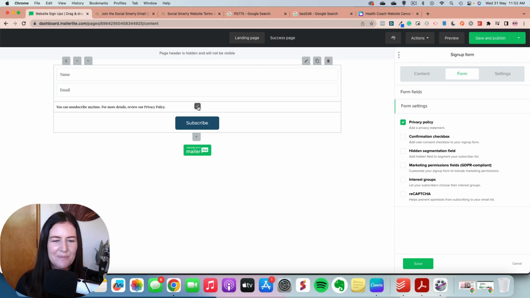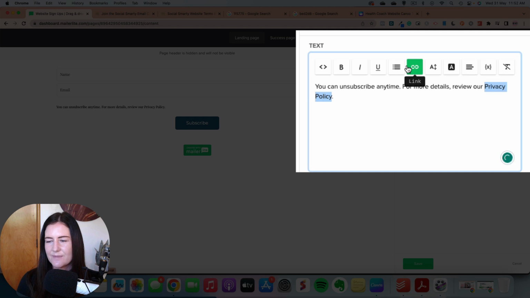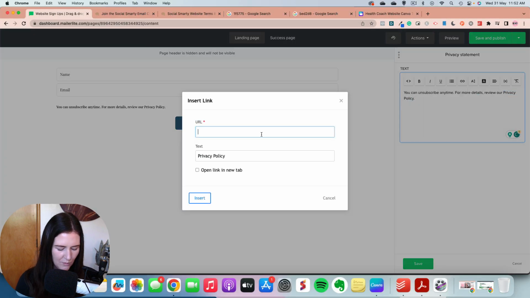So let's click on the wee pencil there. I'm going to highlight the words privacy policy, and add a link to my privacy policy. I'm going to click on insert link. We paste that link in there, and we make sure we tick here where it says open link in a